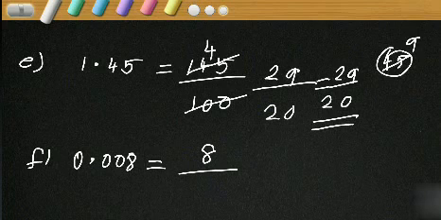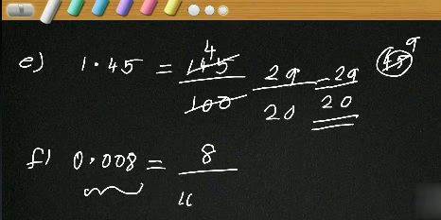And how many zeros should be there in the denominator? Yes, here there are 3 decimal places. So 3 zeros should be there in the denominator. So the denominator becomes 1000, isn't it? Yes. Now can we stop the answer here? Can we stop?